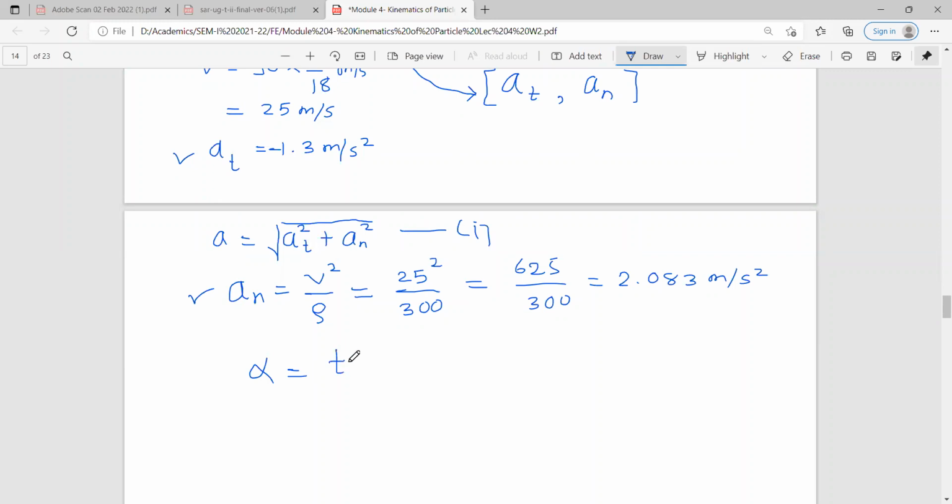So alpha is equal to tan inverse of normal upon tangential component. So it is the direction of total acceleration. If you show normal component in one direction and tangential component in another direction at perpendicular, at 90 degree,